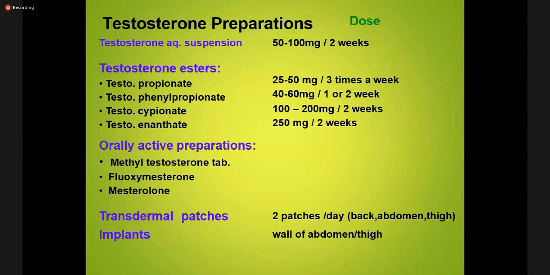Now we come mainly to our pharmacology. What testosterone preparations do we have? If the body is not producing testosterone naturally, this should be diagnosed properly, not just from symptoms. The testosterone level should be diagnosed, and then the therapy should follow. Hormonal therapy should not be started with only history. You have to diagnose this properly, because if hormonal therapy is not appropriate, it is dangerous to the patient or to the person.